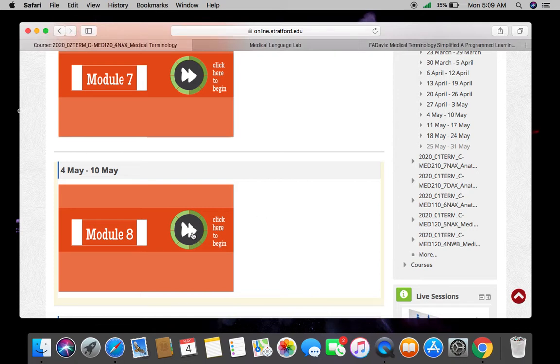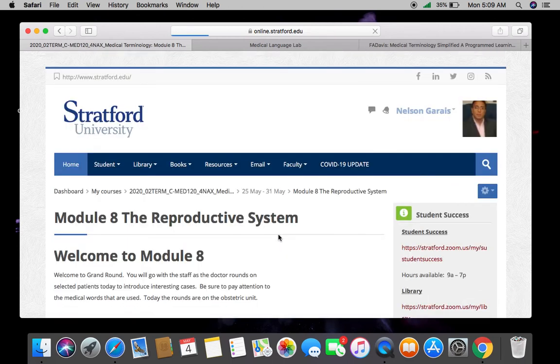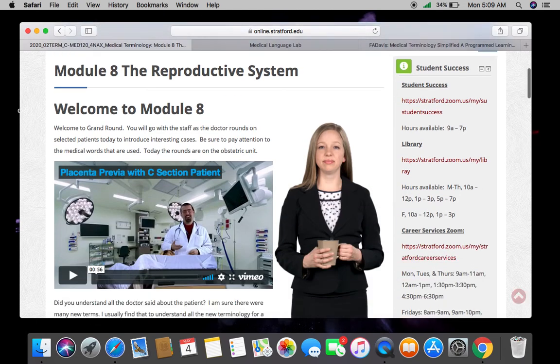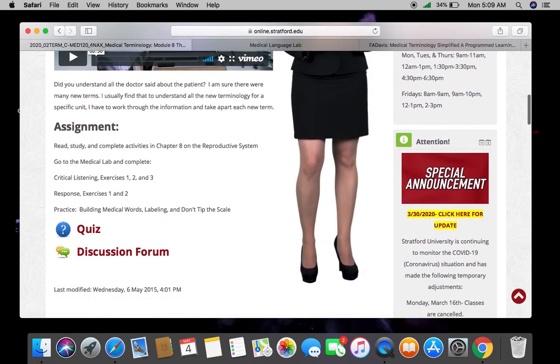And if we look into the module for this week, I believe it is obstetrics or reproductive. Yes, it is. And please, regarding your medical language laboratories, if you don't see a grade, the critical listening exercises, I don't see everything. Some of you have partial. Some of you have messages out, but I'll look into it further. But look at your assignments. If you haven't gotten grades, either in the medical language lab section or within the Moodle,